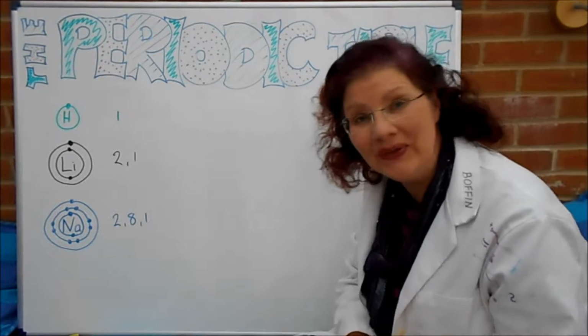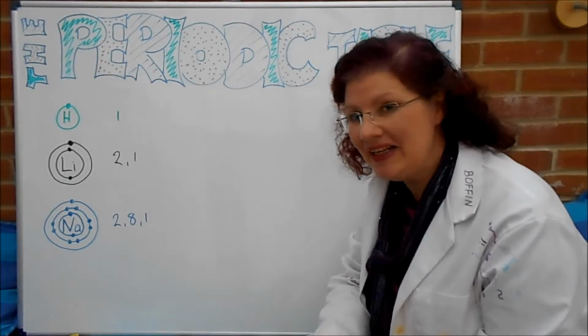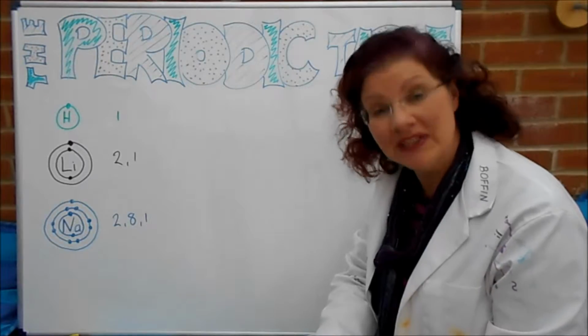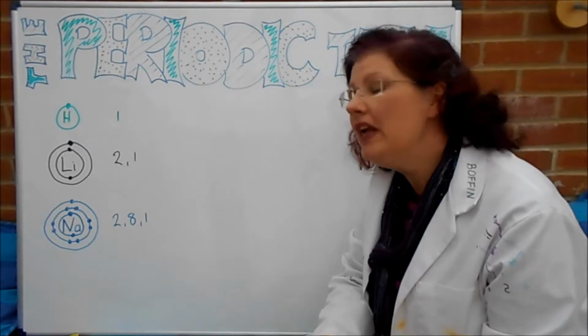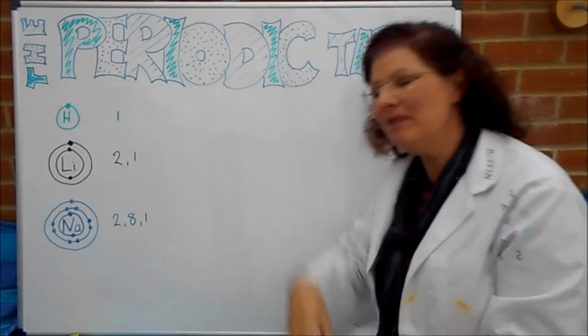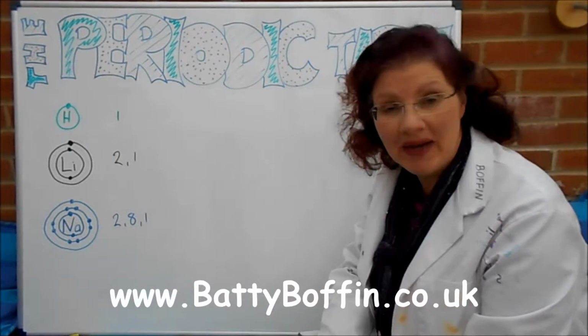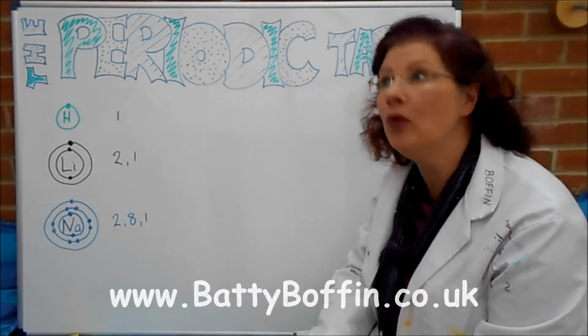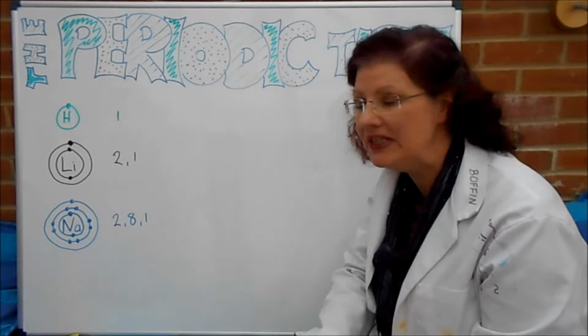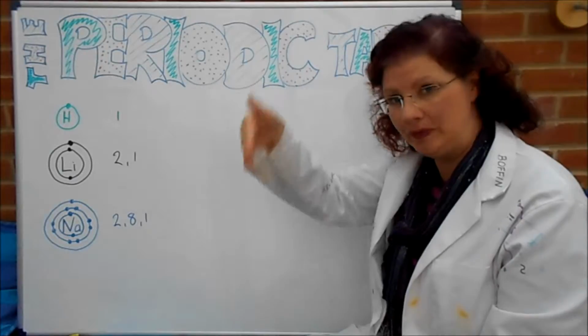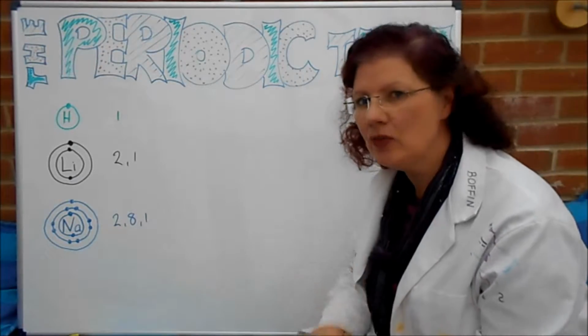So the challenge for you is to have a go with the next element down in this group, which is potassium. So grab your periodic table. If you don't have one, pop along to www.battyboffin.co.uk and there you can find either a black and white one you can colour in yourself if you like, or there's a full colour one if you want to print it out. Looks very nice. All the groups are coloured different shades,